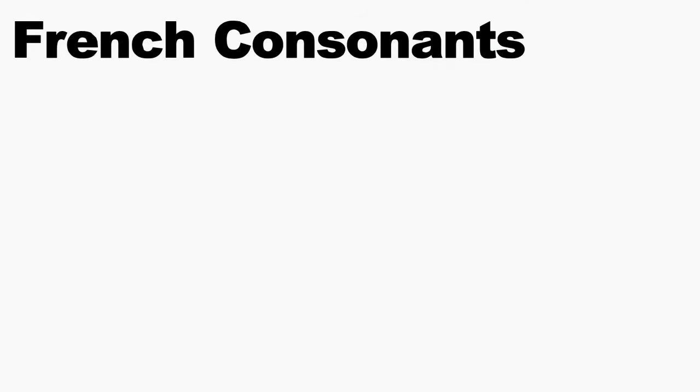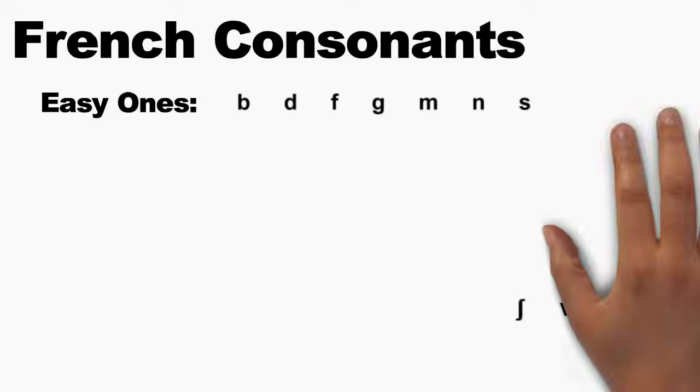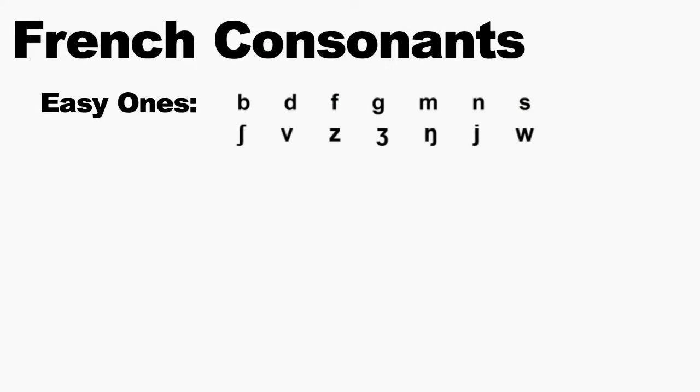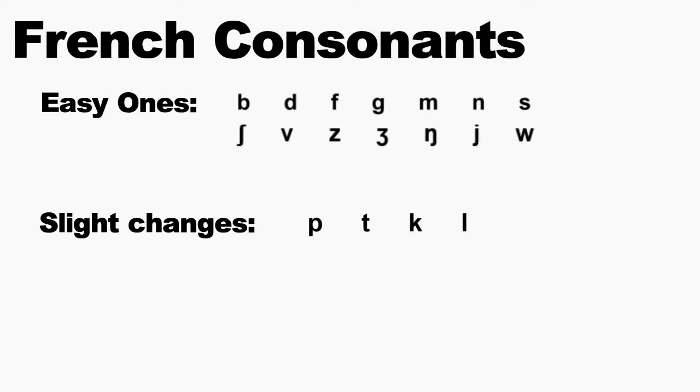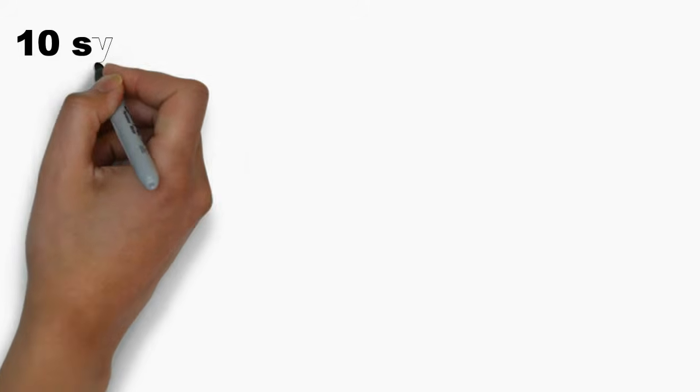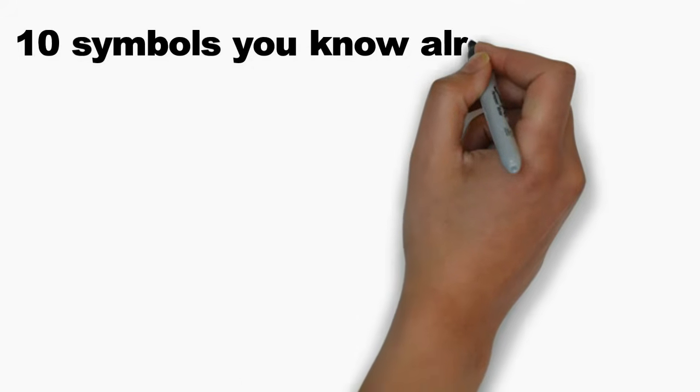French consonants are relatively friendly. If you speak English, you already say most of them accurately. You only need to modify slightly 4 of your consonants, P, T, K, and L, and then learn 3 new ones. With regards to the International Phonetic Alphabet, you already know 10 of the IPA symbols for French, so we'll